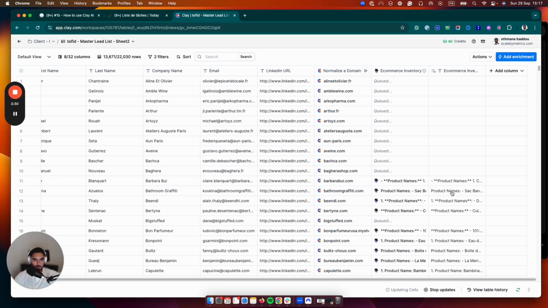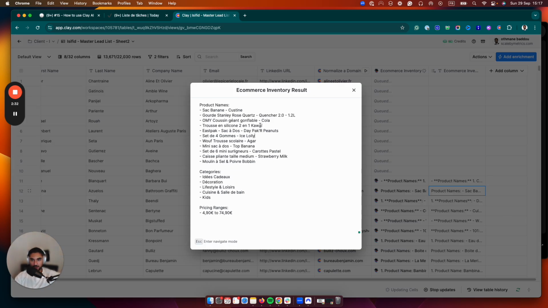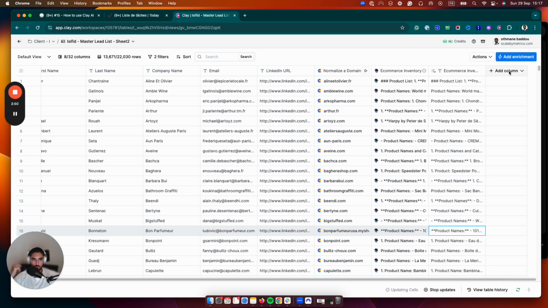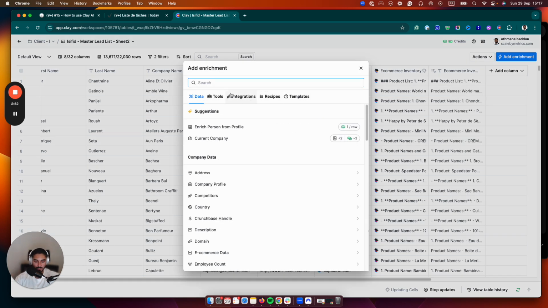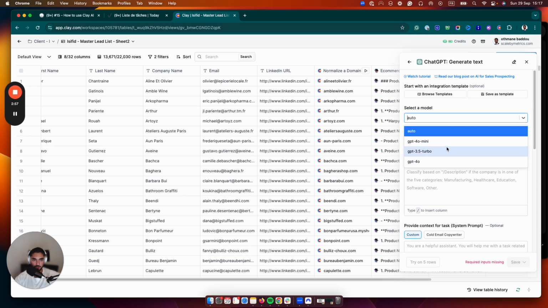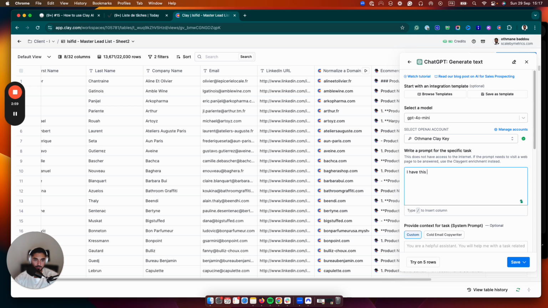So what's happening here is that you're getting some row information, so like product names, categories, pricing ranges, right? It is good because now you have data, but it is not that usable, right? Let's say you want to use the product name variable placeholder in your cold email script. The next step I would use is an enrichment using ChatGPT and explain to ChatGPT that you have this information regarding this business. I have this information on this business, and you can give it